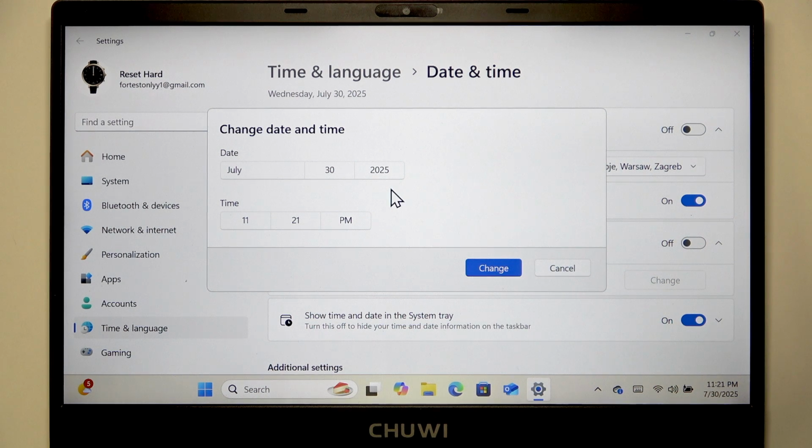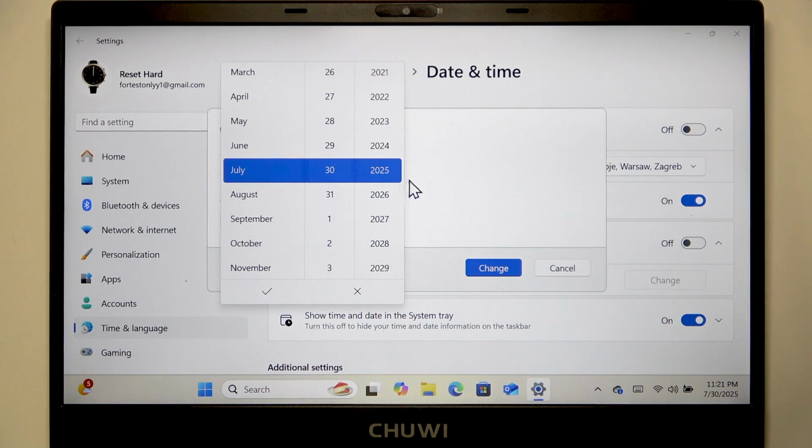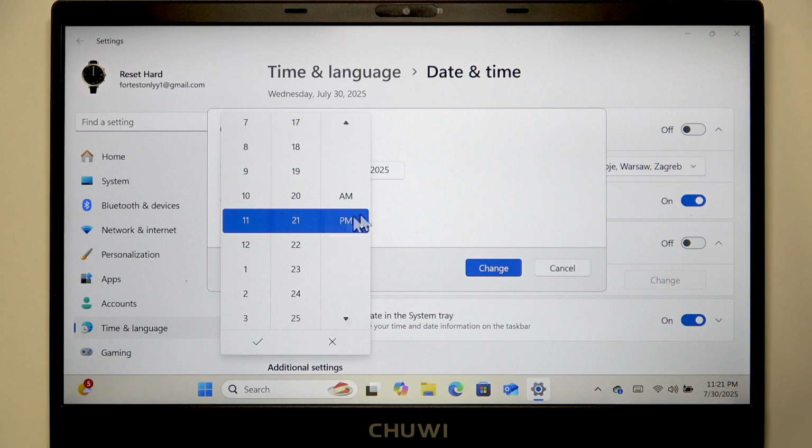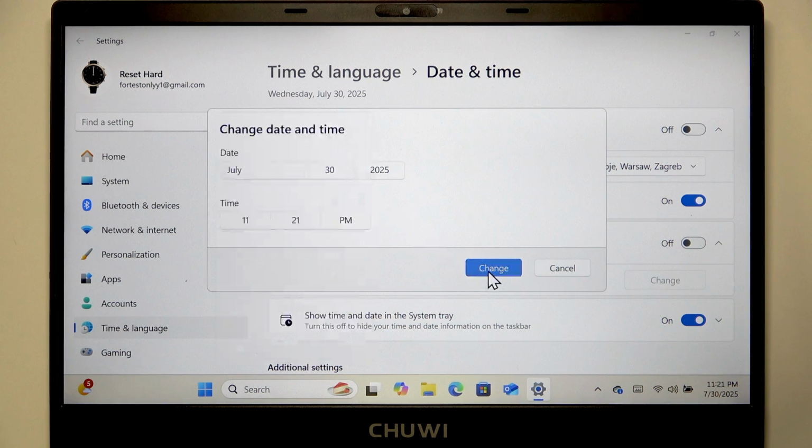Now be aware that if you set an incorrect date and time, then you'll lose access to many online services until you correct the date and time, because many online services require date and time to be correct in your system. To change them, you have to expand this list and select the values that you need, then click change,